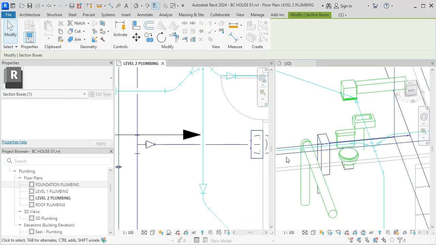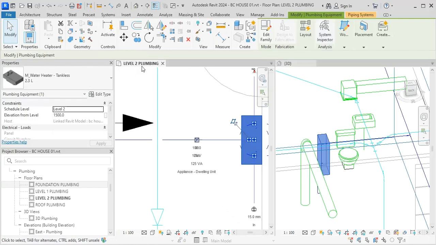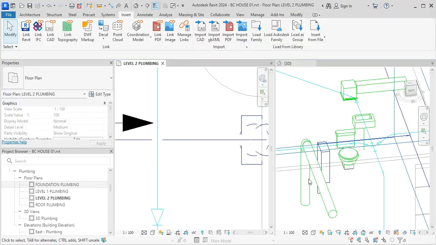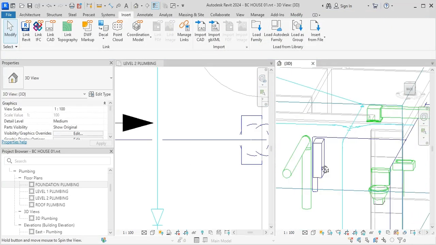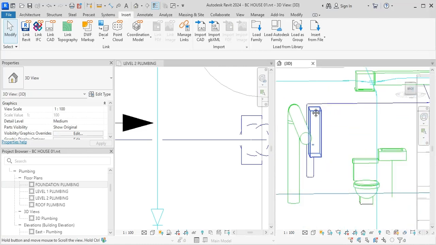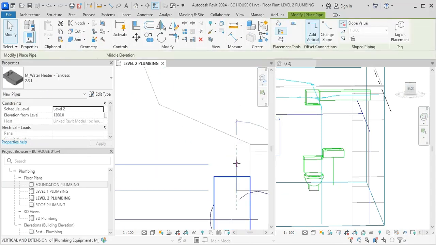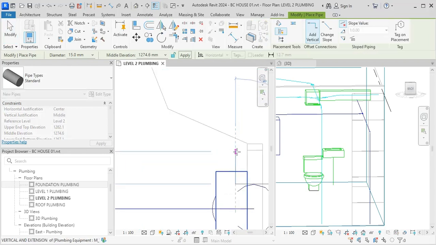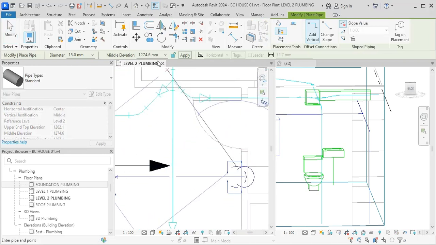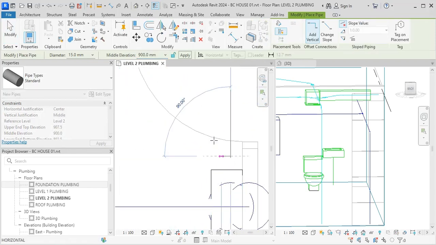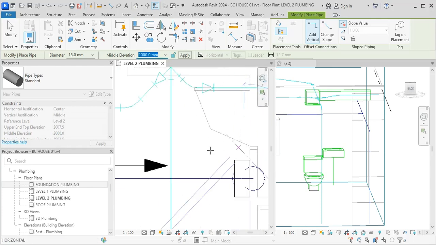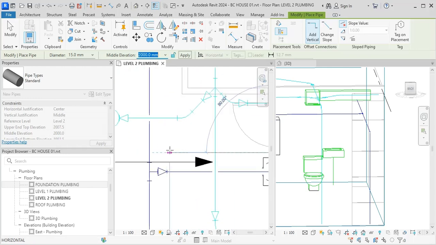And maybe I just move this here, down a little bit, maybe 1300. Yeah, this is how it can look like. The same thing with the hot water, and then I go here, maybe 900. I click here and I go up to, maybe I want water supply pipes to be at 2000 elevation this